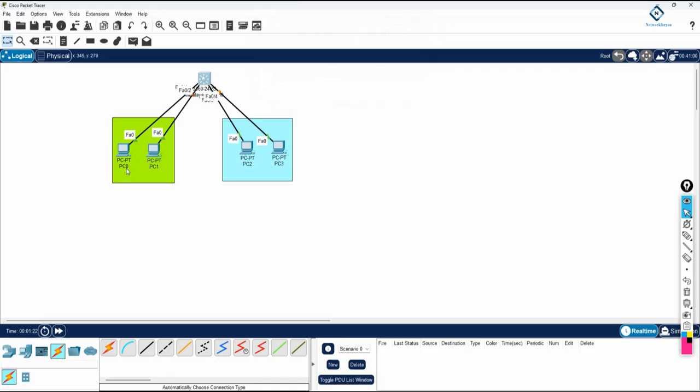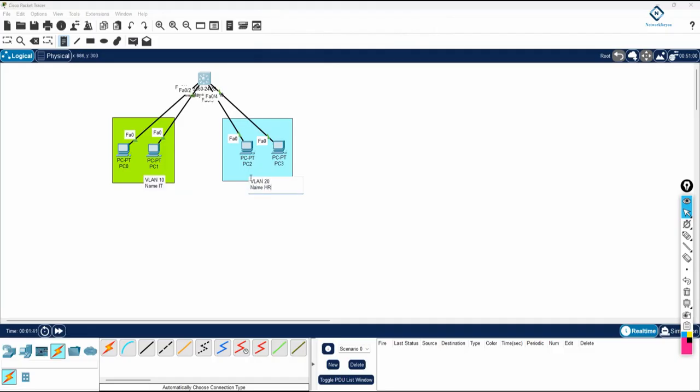And here we can say similar thing, VLAN 10, and we can write the name IT. Here we can write VLAN 20